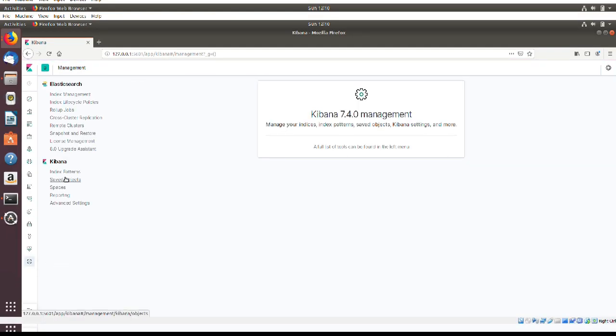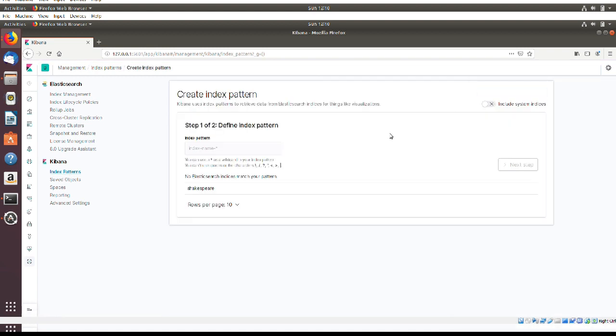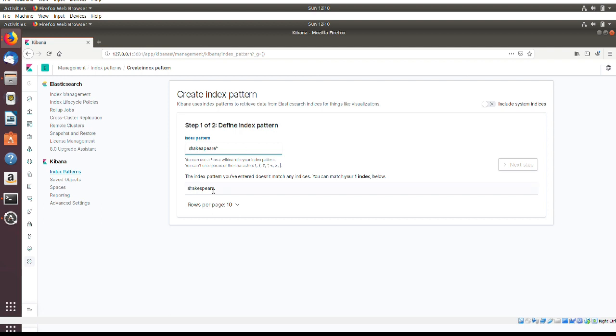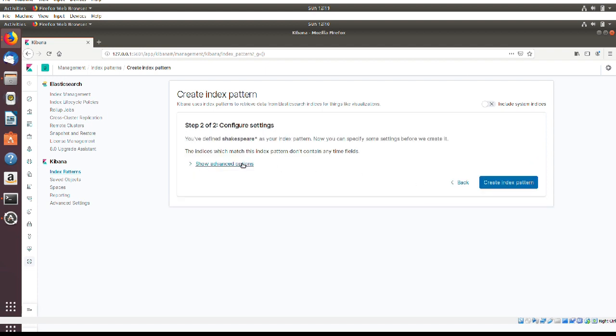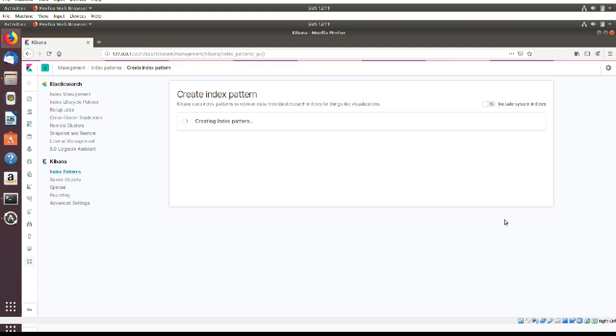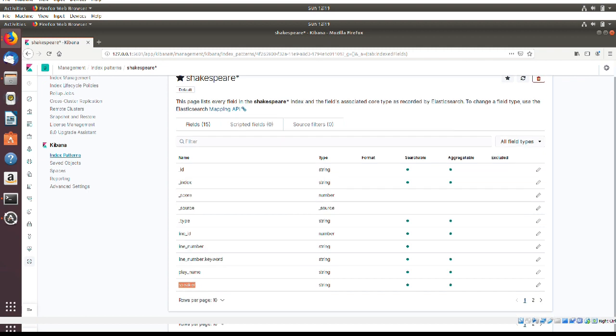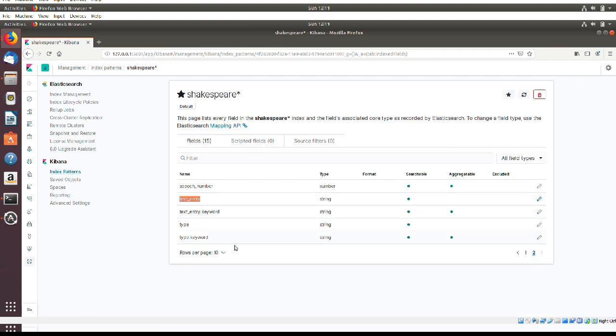In the Kibana user interface, click on management, index pattern, create index pattern, search the index that we have created, Shakespeare. Next step, create index pattern. It has created the index pattern, and it has 15 fields, out of which you have play name, speaker, also text entry keyword. You can also go to discover, in which you can find